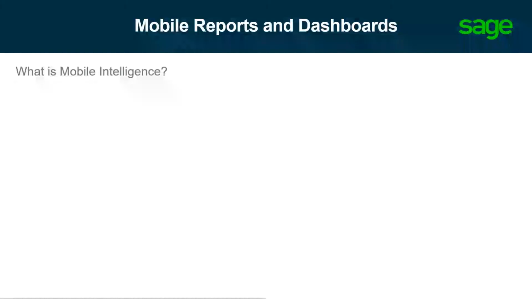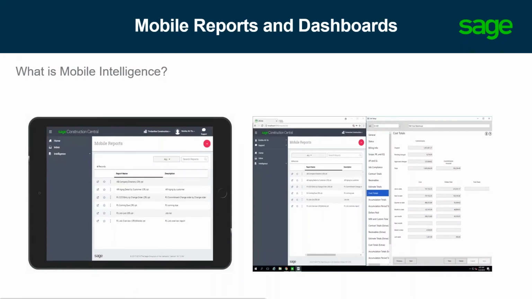Let's begin with, what is mobile intelligence? Mobile intelligence is a browser-based solution that can be accessed from any computer or mobile device with an internet connection. This provides your key stakeholders the ability they need to pull information and data while in the office or out